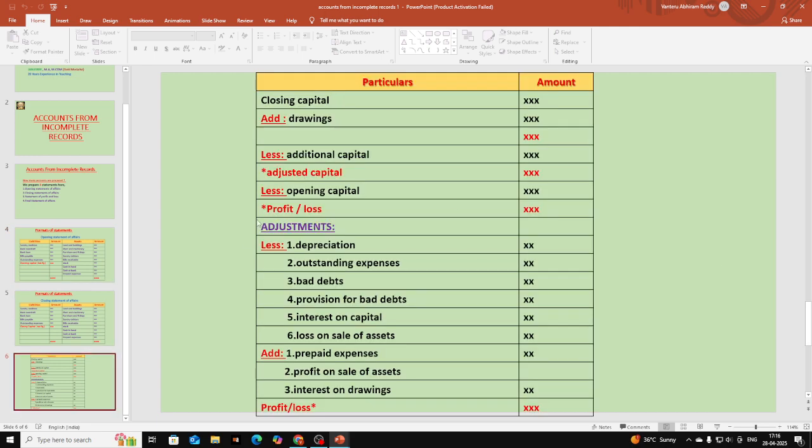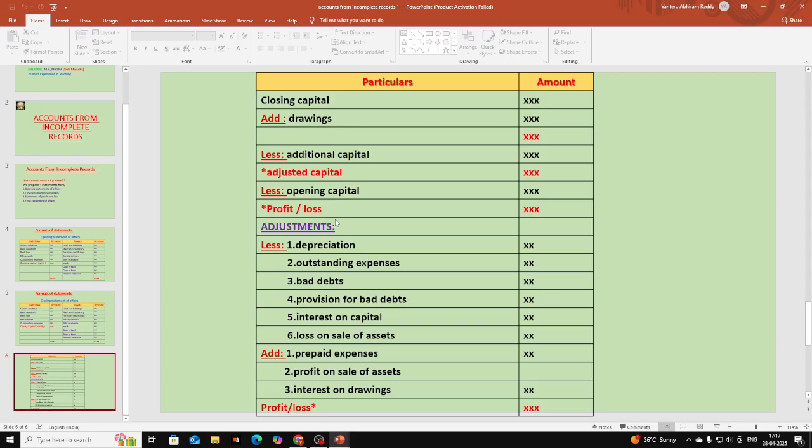Okay, so next, if you deduct this from the previous value, you will get one value. That is known as profit or loss. If this amount is positive, then that is treated as profit. If this is negative, it is treated as loss. But in case any adjustments are given in the question, then you have to continue. That itself is not called profit or loss. If adjustments are not there, here itself we can finish it and name it as either profit or loss. But if any adjustments are there, we have to continue this statement of profit and loss.